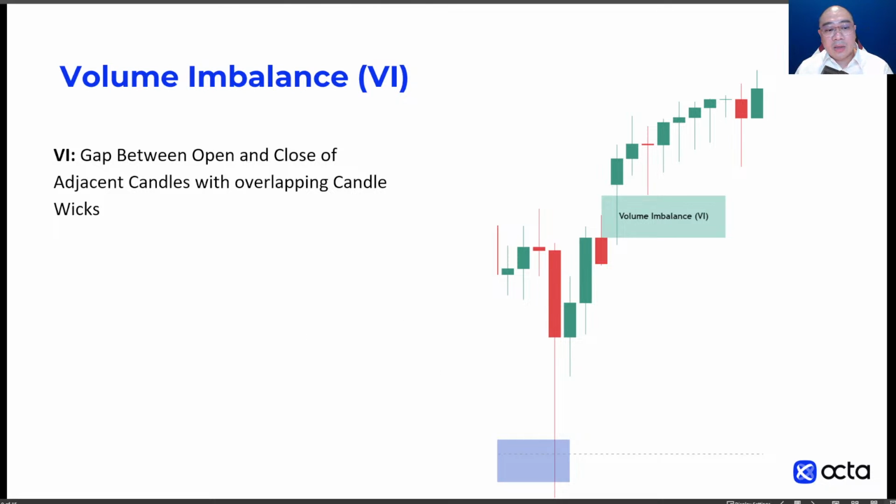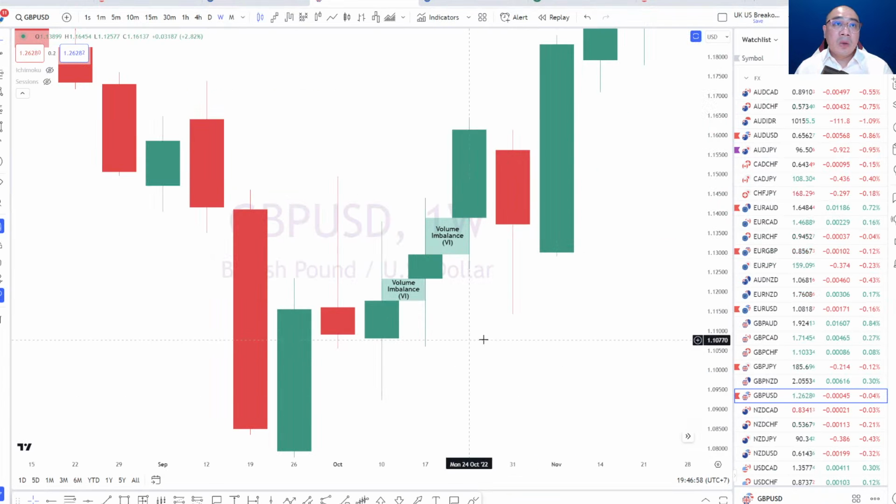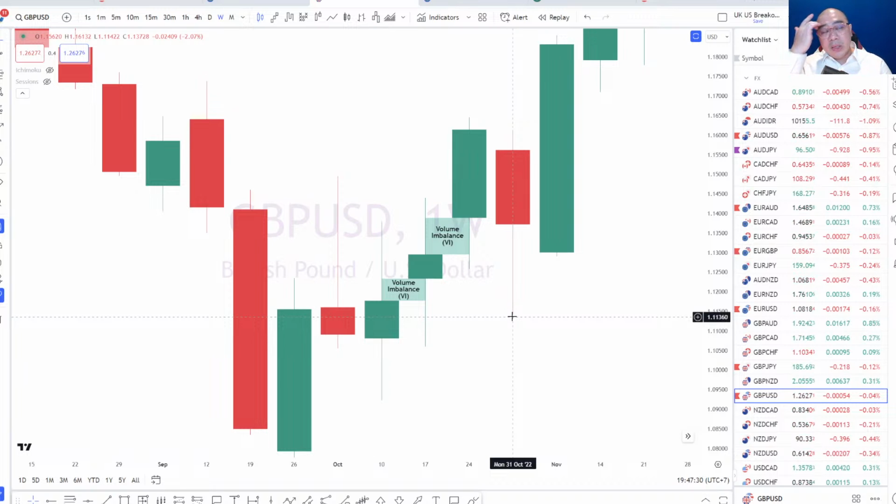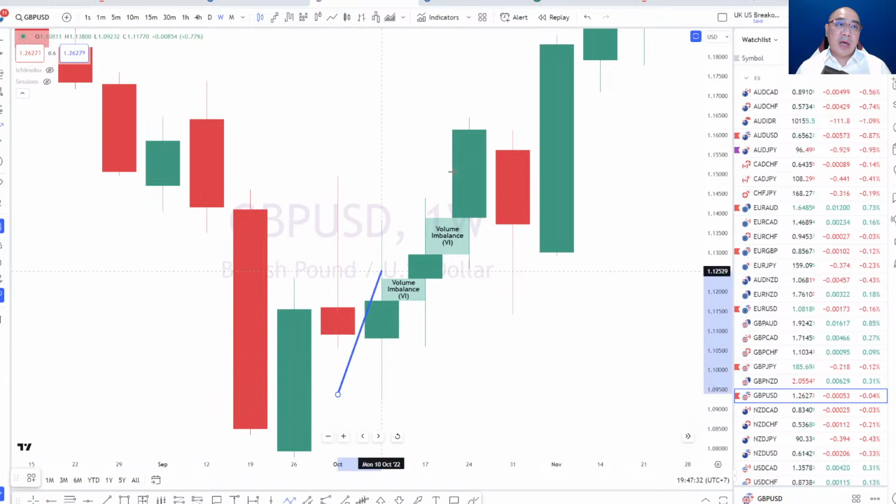Because with a volume imbalance, the difference with a fair value gap is that when the market reverses on itself, it creates an inversion, right? If it breaks through that gap there. With a volume imbalance, we discount inversion. We don't have consequent encroachment as well. So this is a much simpler gap in the market, right? By theory, it's something unique. You will come across this volume imbalance, but it might be very rare that it happens. Typically with volume imbalances, it just creates a little bit of a ripple in the market, but it doesn't change the potential direction that it has in the market, right?